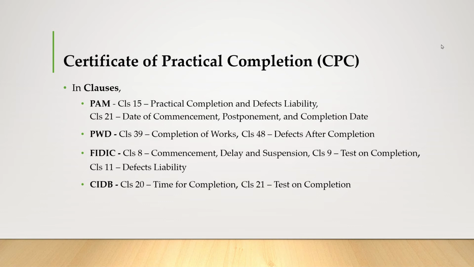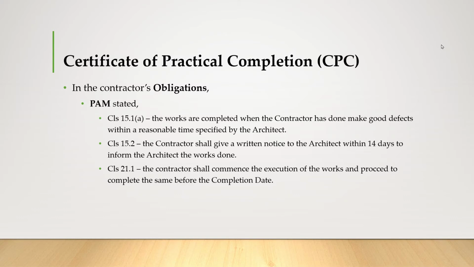And in CIDB, clause 20 states the time for completion, and clause 21 the test on completion. So in PAM, the construction obligation is stated in clause 15.1a. The works are completed when the contractor has made good defects within the reasonable time specified by the architect. So under clause 15.2, the contractor shall give written notice to the architect within 14 days to inform the architect